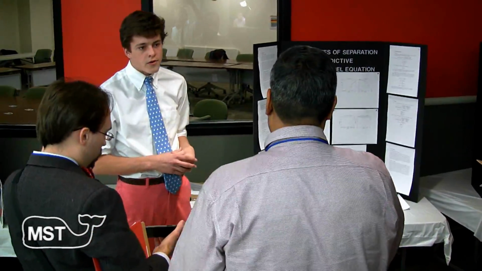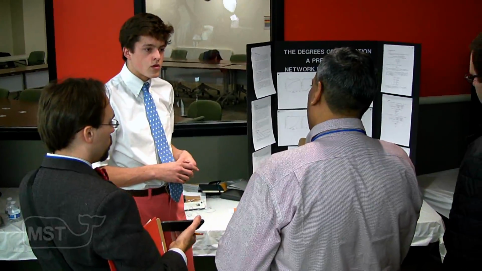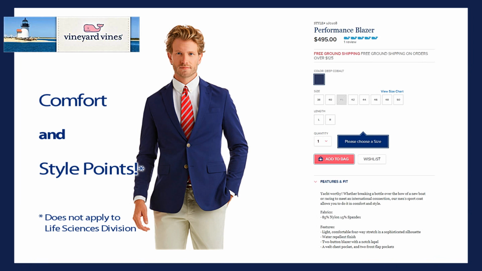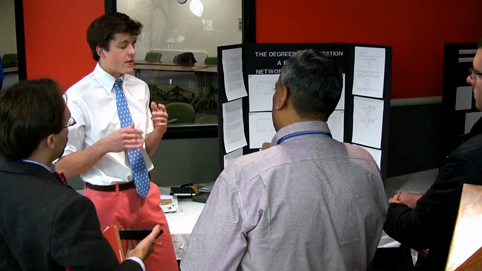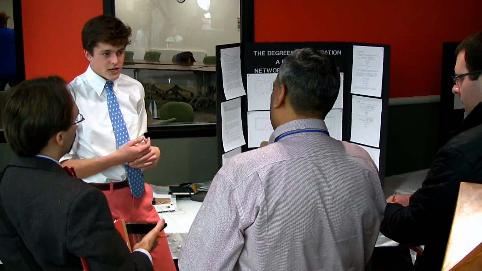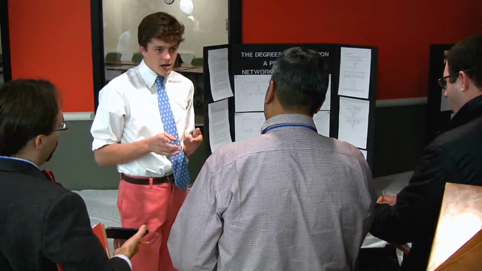So you said, okay, this model isn't going to be accurate enough, so what are you going to change in this model? This network model right now does not connect the population enough, because the average degree of separation was far greater than the average degree of separation in the real world that the Facebook study showed. So what are you changing in your new model? There are two different approaches I'm thinking of right now.